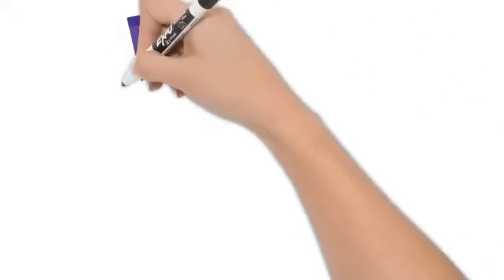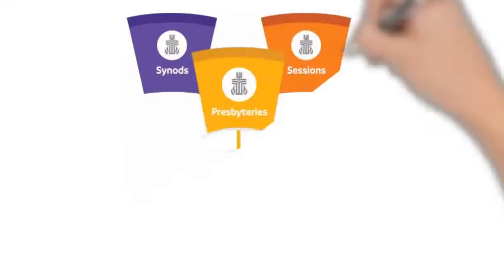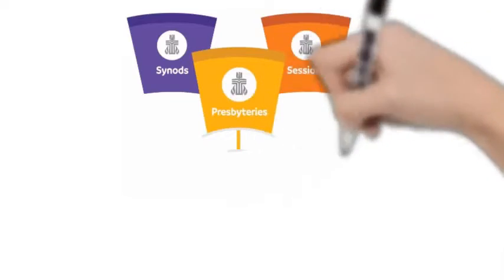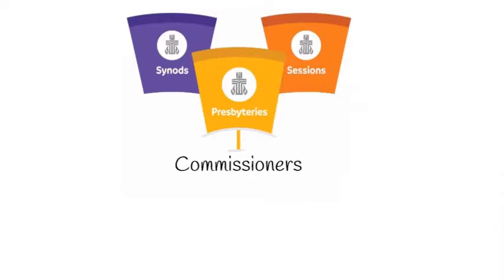The General Assembly consists of commissioners elected by presbyteries. Half of the commissioners will be ruling elders, half teaching elders or ministers of the Word and Sacrament. Few will ever have been commissioners to the General Assembly before, but most will have served in one of the other councils of the church, the session, presbytery, or synod.